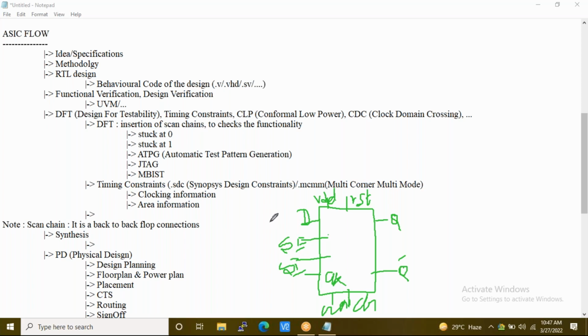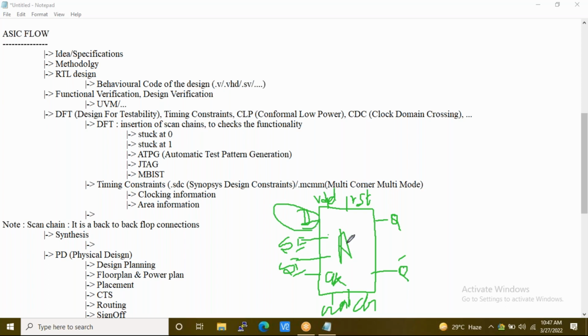Now there are two parts here: functionality mode and test mode. Not to confuse you, but to give you a clear idea of this scan chain, or let's say DFT check: functionality mode and scan mode. If register A is working based on the D pin, it is called functional mode.